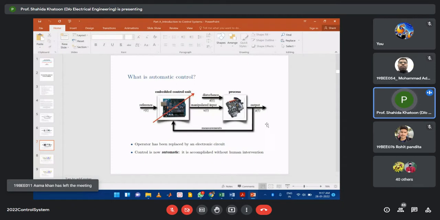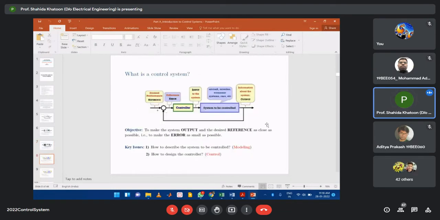It is accomplished without human intervention. So if you are getting your desired output without human intervention, then it is called an automatic control system. And mind you, we are going to study automatic control systems, not manual. Okay, so